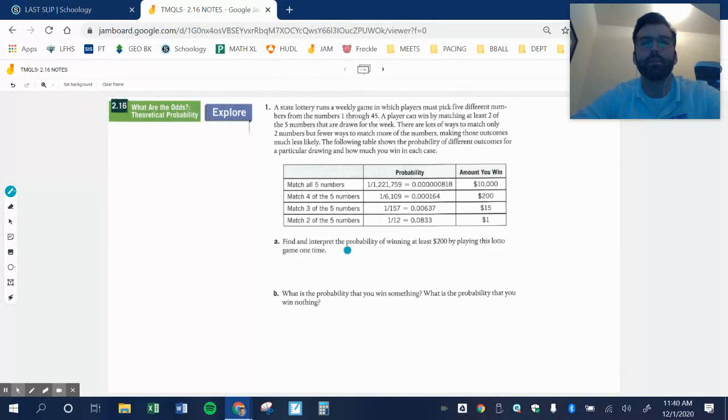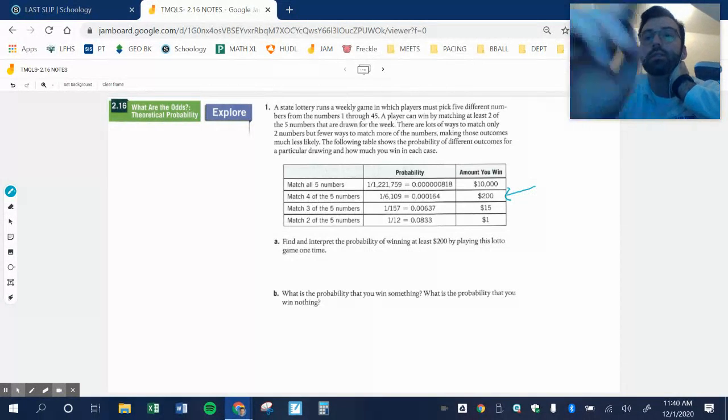So we want to find and interpret the probability of winning at least $200 by playing this lotto game one time. Okay. So what does that mean? Great question. At least $200. So I'm looking at this section right here. Look at there. What's the probability? The probability is